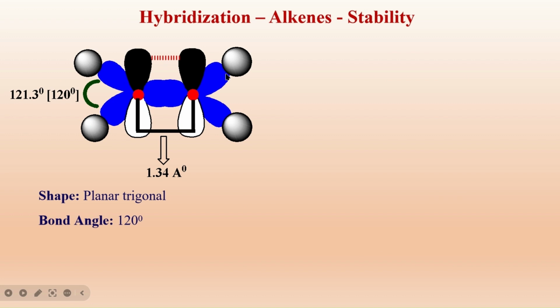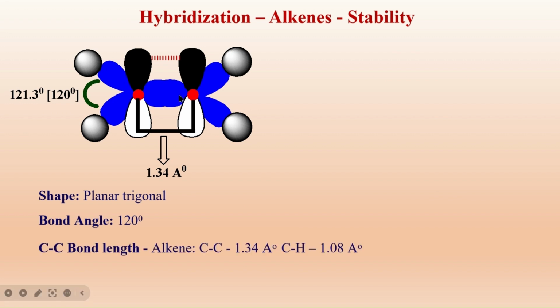Hence, the shape of the sp2 hybrid carbon is said to be trigonal planar. The bond angle between the two orbitals is found to be 120 degrees,